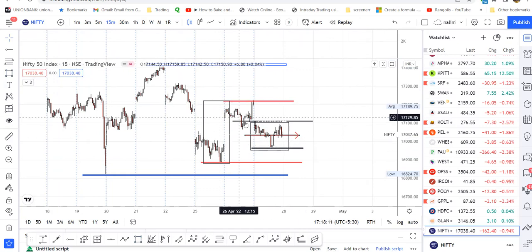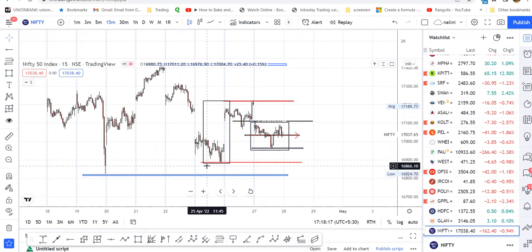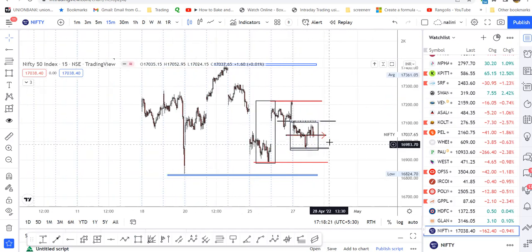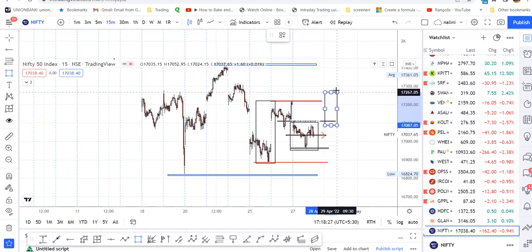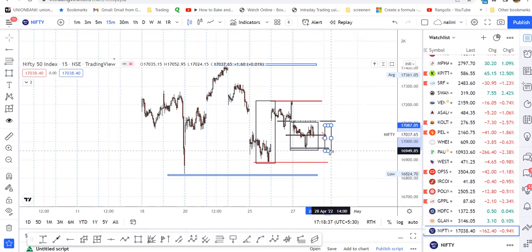So it is a gap down, and it has closed here. This is the base of this candle and this is the top of this candle. So if it starts moving above this, it can cross this boundary to the level of 17,309 possibility, or otherwise if it starts trading down,